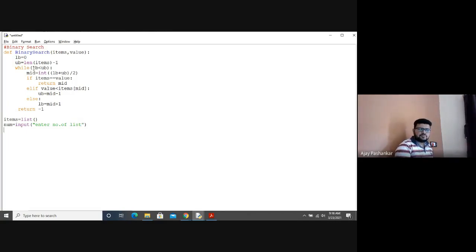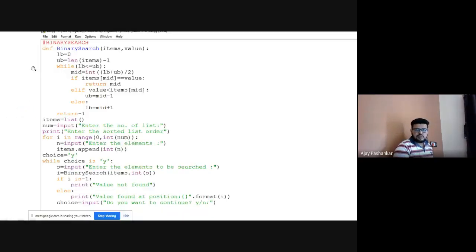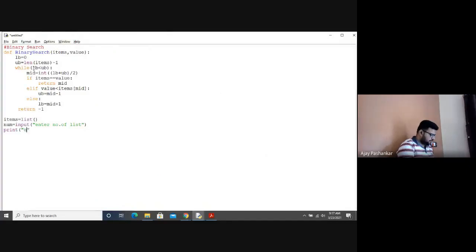Print, enter the sorted list order. As you all know, this binary search will work very well on your sorted sequence, as we already discussed during lectures also.